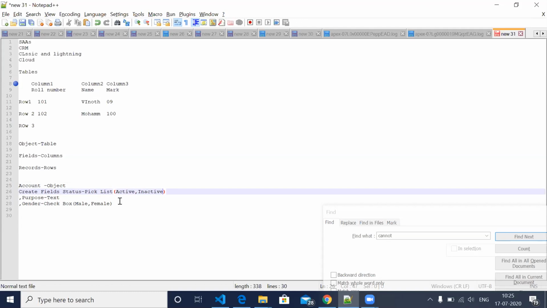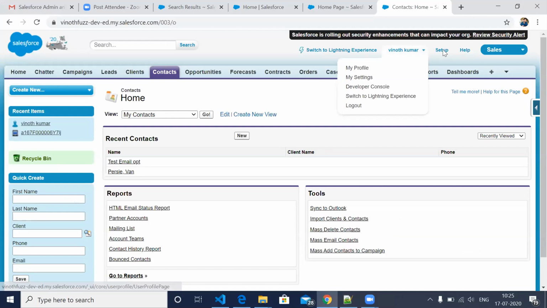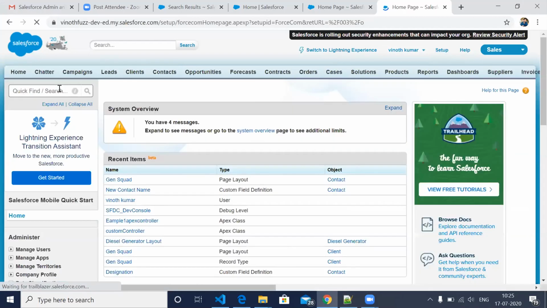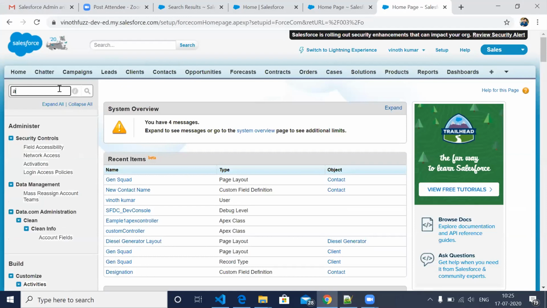So quickly I will show one picklist, how to create it and how to give these values. I'm going to setup, click on setup, then go to whichever object you want. Let's say account. In mine it is client.